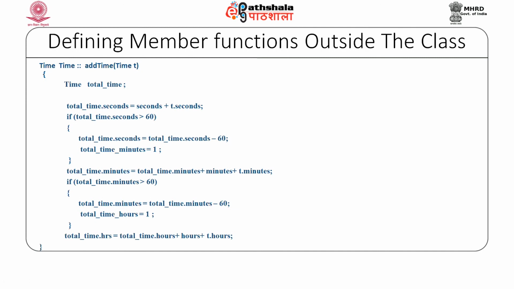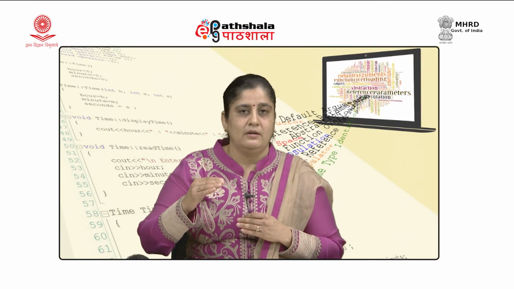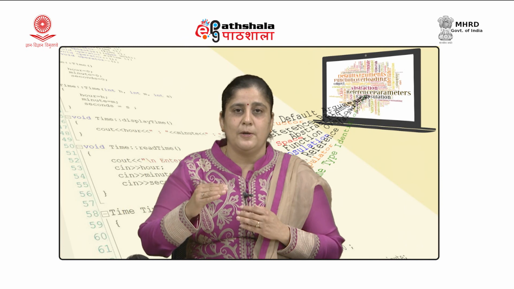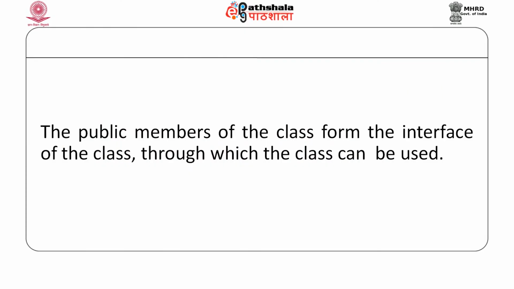So, you would see that these functions we have defined outside the class, and the advantage that we gain out of it is that our class definition becomes very concise, and maybe in a page or in a screen we would be able to have the complete view of the class that we are defining. You would see that some of the members that we have defined are public and some of the members that we have defined are private.